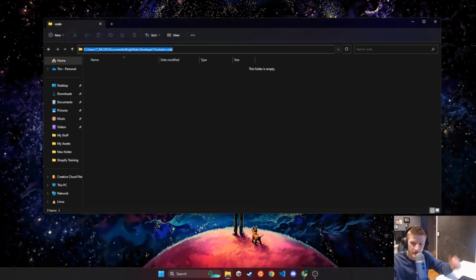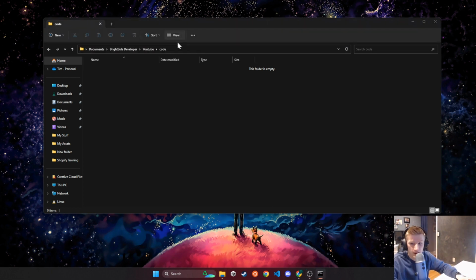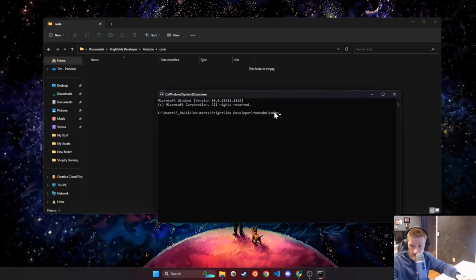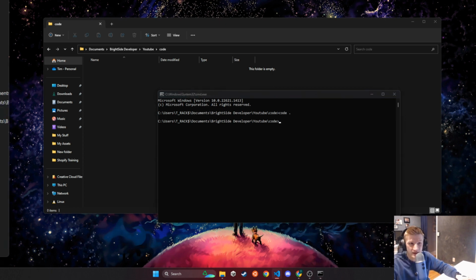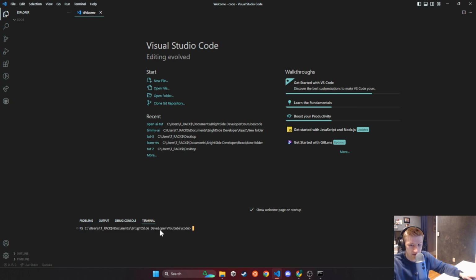I'm just going to go up here, and if I type CMD in here, it will open up a command prompt that's already in this folder. The idea behind that is so that I can type code dot, and that will open up VS Code in that folder. You could also open a folder here and make a new folder, but moral of the story is now I'm here inside this code folder, and I'm going to press Control and backtick to open up the console, and I'm going to say